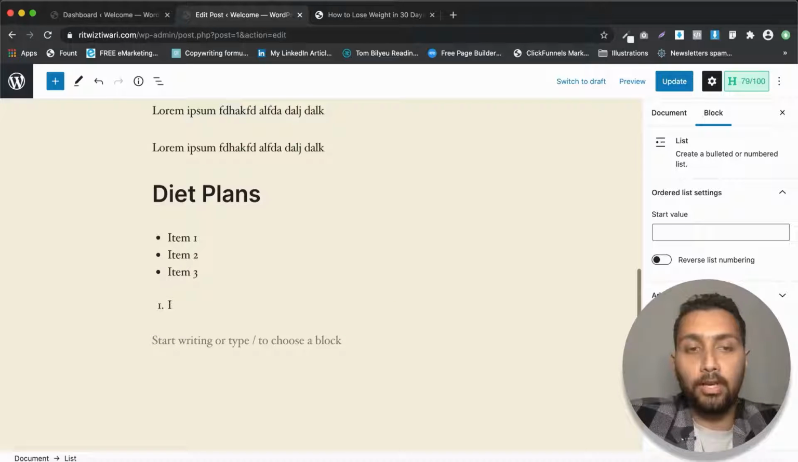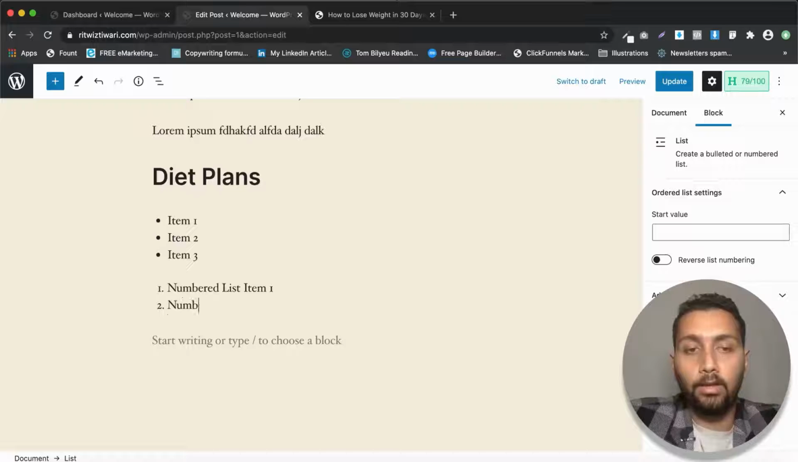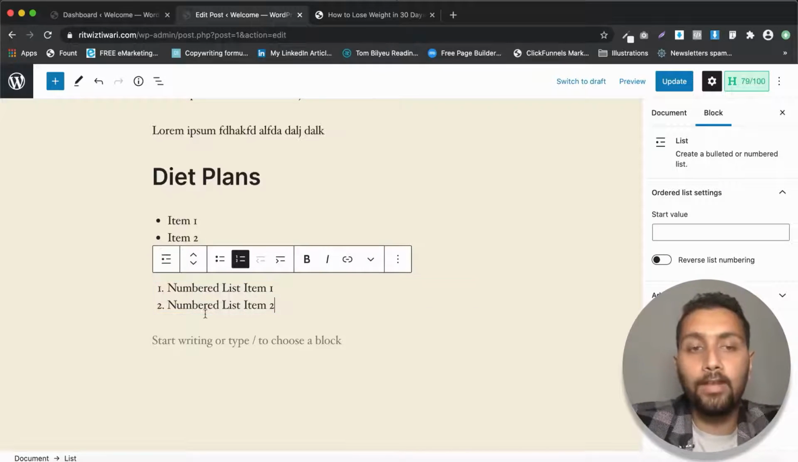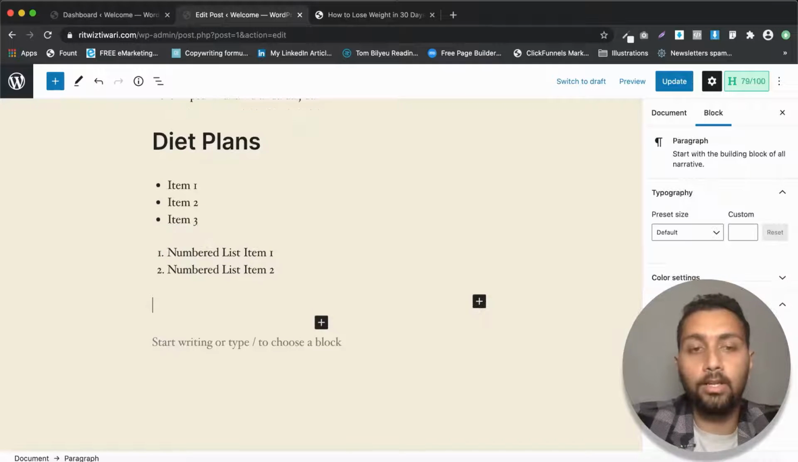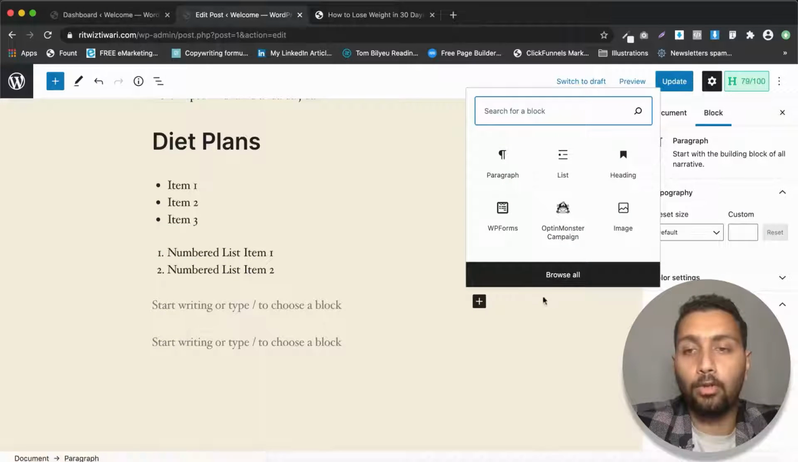So this is going to be a numbered list now. Numbered list item 1, numbered list item 2. All right, so these are the 2 kinds of lists that you can use. Now if I go ahead and create a new block to show you what blocks are available, you